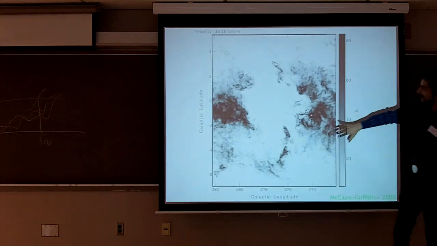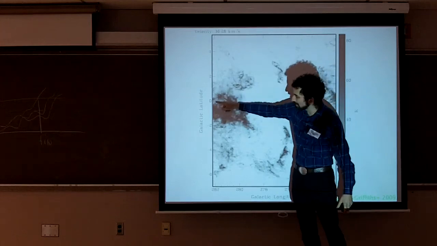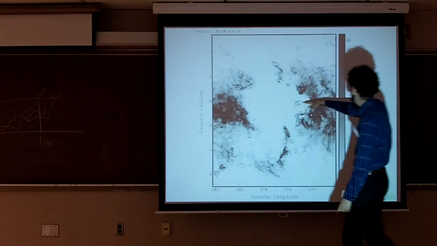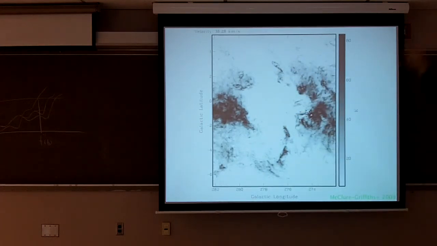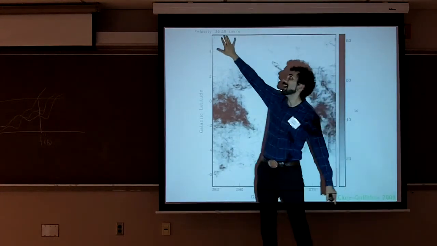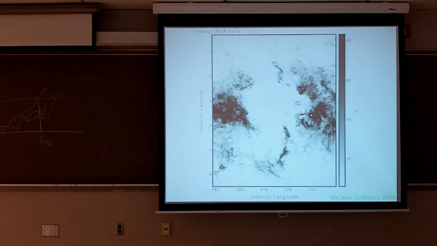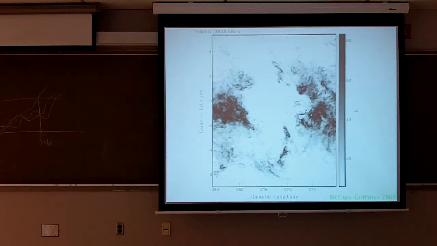What you're seeing here in black is a place where there is gas, and then you're seeing a place where there is no gas. Notice the galactic latitude here is labeled in degrees. This is the plane of the galaxy, and this is just a couple degrees off. This is from a survey that's just focused on the plane of the galaxy, not the whole sky. What you see is there's a big hole in the middle, at 36.28 kilometers per second. As you scan through in velocity, you'll see different features as you go. But it's not completely clear, because this is not a position cube. It's a position velocity cube.